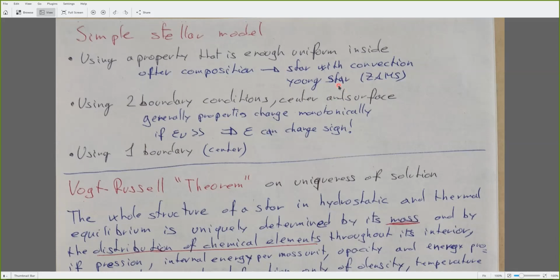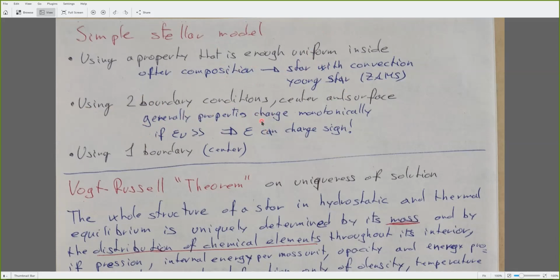There is still no change in the composition due to the nuclear reaction. So it's a simple model, but with a physical application. Another is using two boundary conditions, the center and the surface,